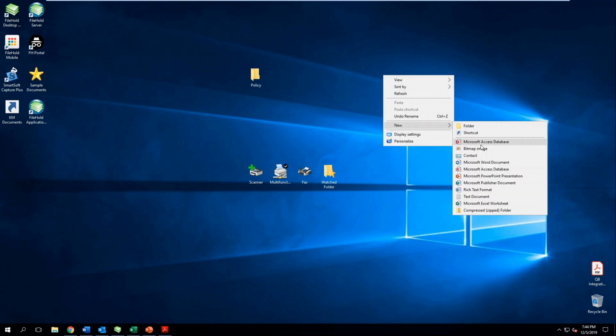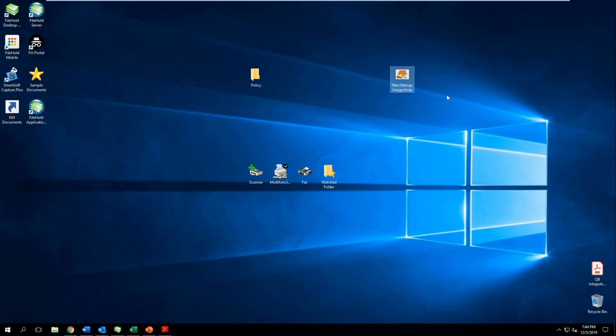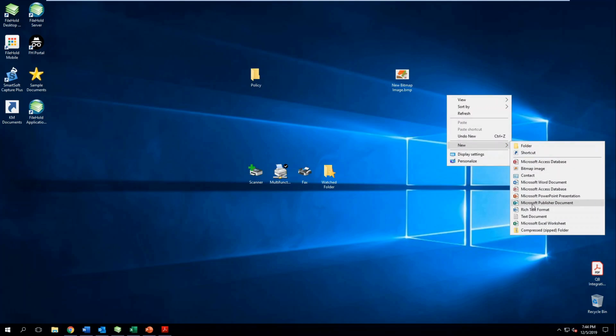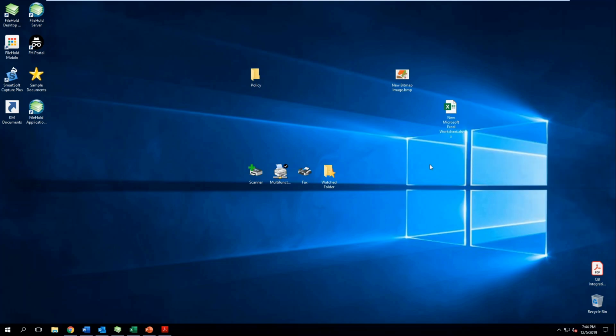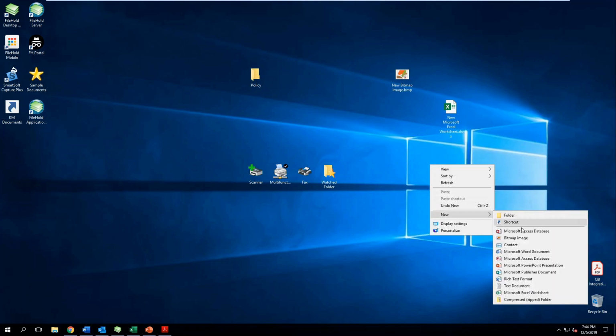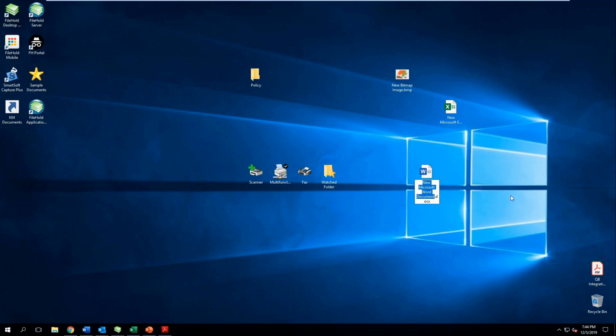I'm going to create some things for us. A scanned image will be the first thing I do. The second one, let's do a spreadsheet. And then one more, let's do a Word doc. Okay, so 3 different document types. It might as well have been 100 or 1,000, it doesn't matter whatsoever. But I'm going to put those 3 documents in that folder,